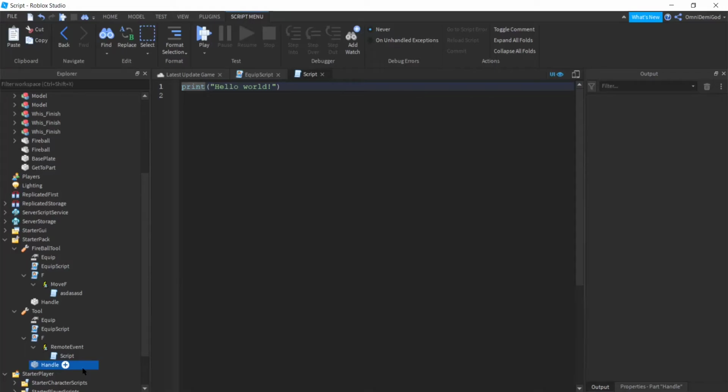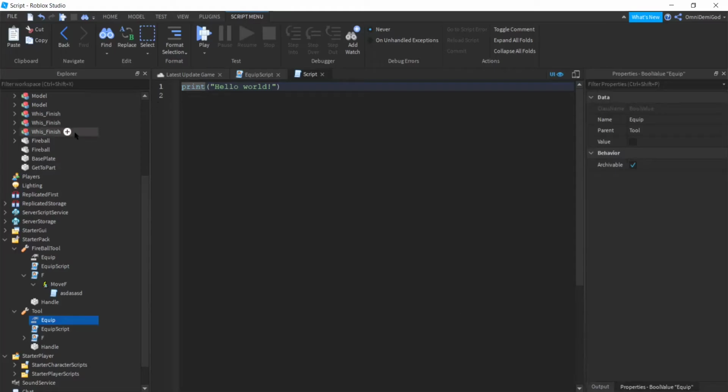on your weapon. If you don't want it to be a weapon, then you don't need the handle, and you don't need EquipScript. But if you want it to be like a sword for you to do a fireball, or a staff for you to do a fireball on, then that's what you would do. Alright, so with that being said, let's go back into